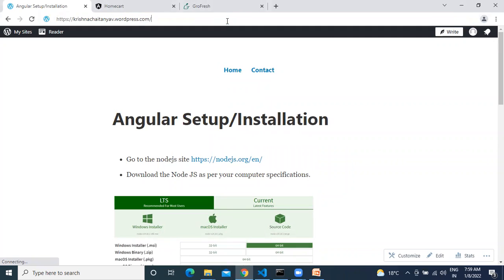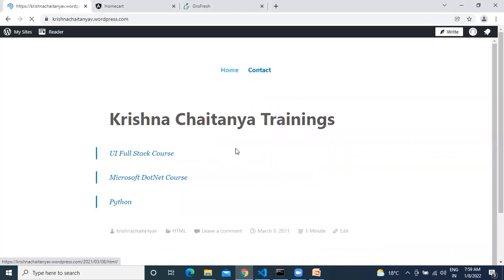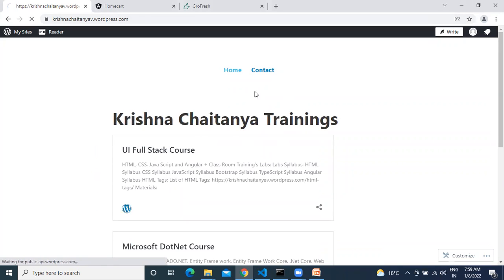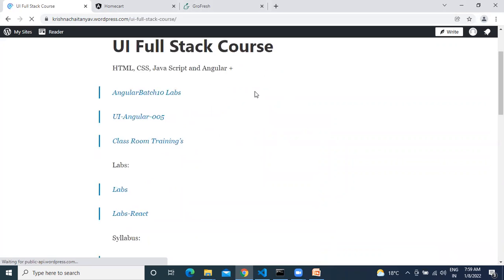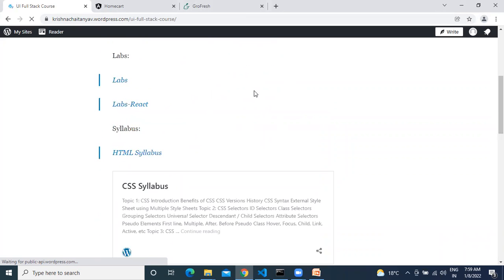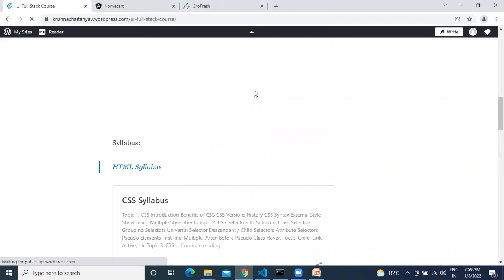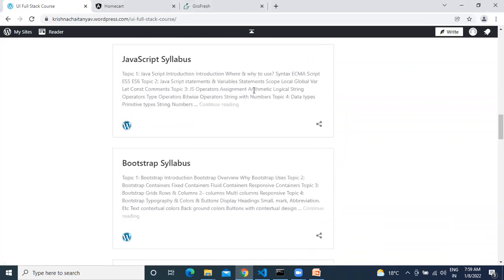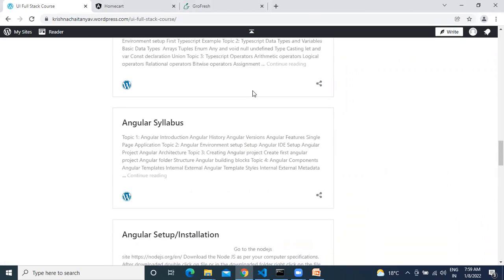Okay, so let me showcase the syllabus and what the things are. We'll have a quick one minute introduction about that syllabus. Here you have the syllabus: HTML, CSS, JavaScript, TypeScript, and then Angular. Everything you can find it. Okay, who wants to learn this